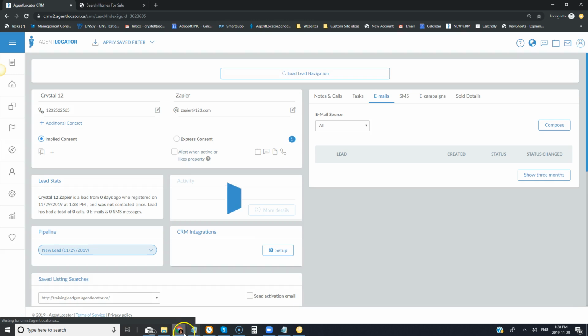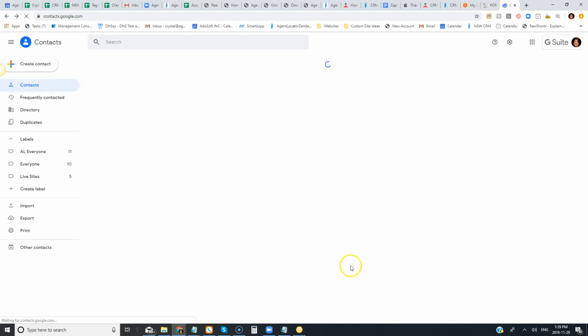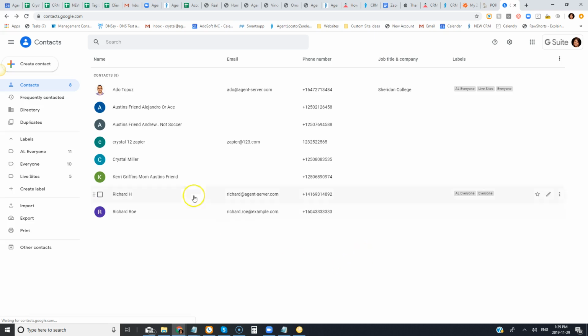Now, again, Zapier is not instant, but I'm going to go into my Google contacts. These are my contacts here. I'm going to refresh it, and we'll see. So this Richard Joe here, you can see now, is in my Google contacts because this was the test one. As you recall, when we were testing the Zap, this was the information that it was pulling to test it. So we can definitely see that this lead is in here. Now I can refresh it and wait for that new lead that I created, which it actually pulled up right away, luckily for us. So this Crystal 12 Zapier that I entered into the Agent Locator CRM system is now